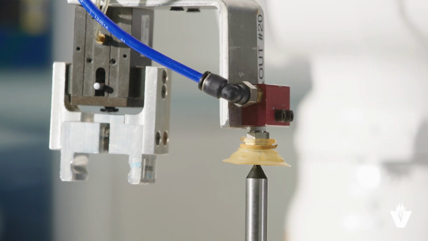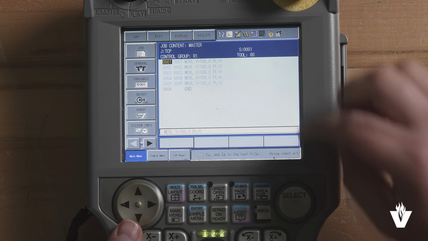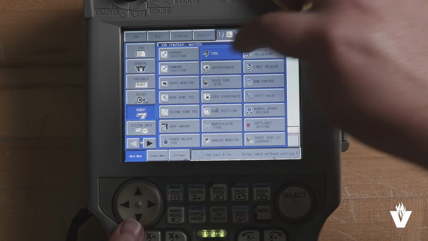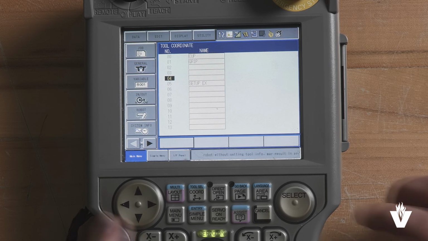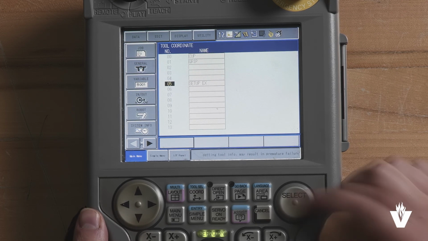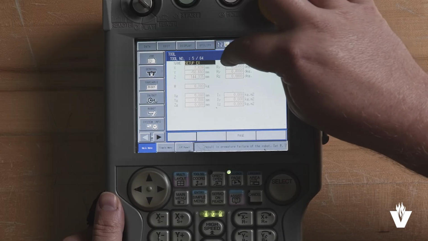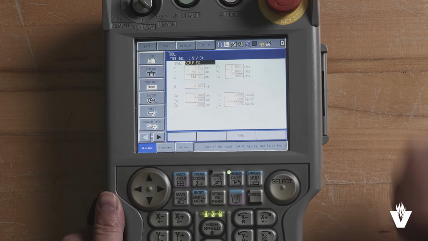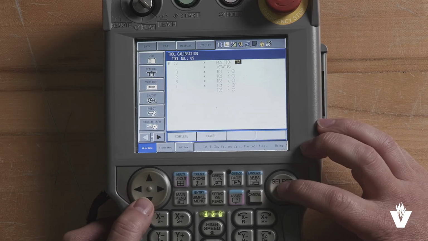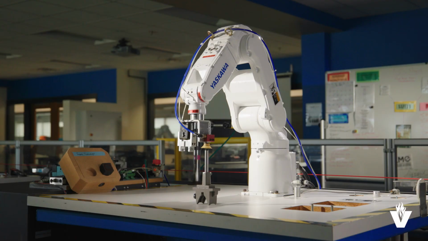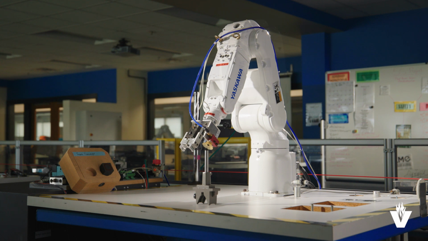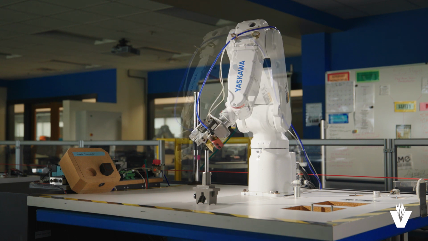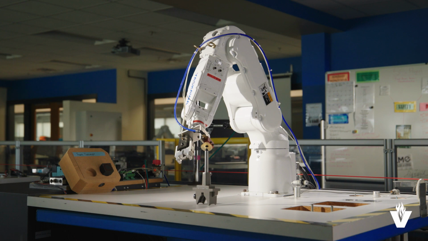To create a tool file, choose a fixed point to teach the tooling to. In Teach mode, from the main menu area, choose Robot. Choose Tool from the submenu and select the tool number to set up by highlighting the tool number and pressing the Select button on the Teach pendant. Choose Utility in the main menu. Then choose Calibration. This method to set up the TCP requires the programmer to teach 5 different points, TC1 through TC5, each with significant differences while keeping the center of the tool at a fixed location.